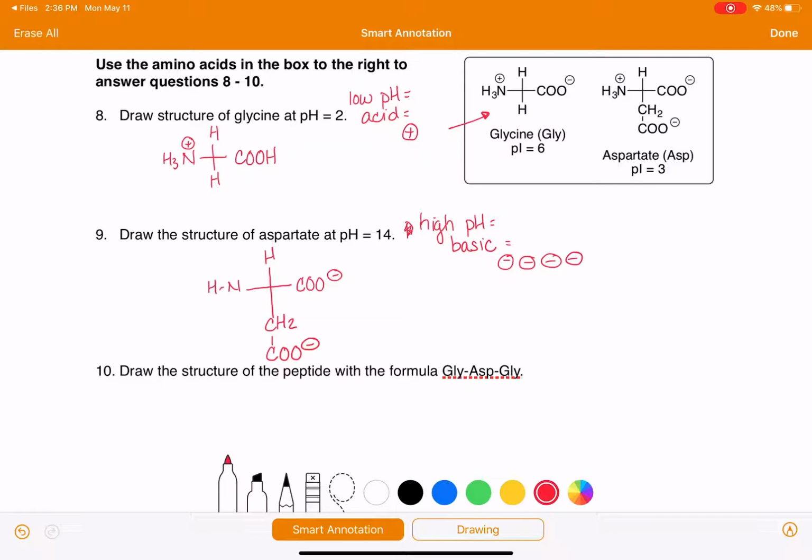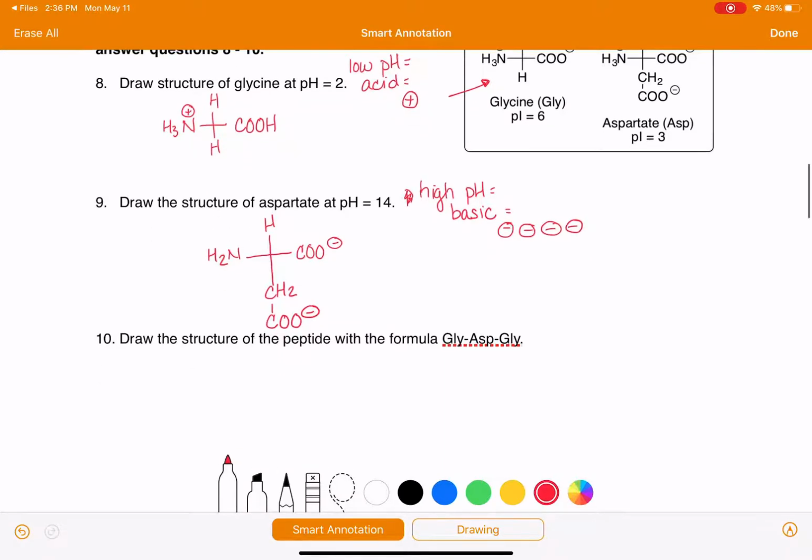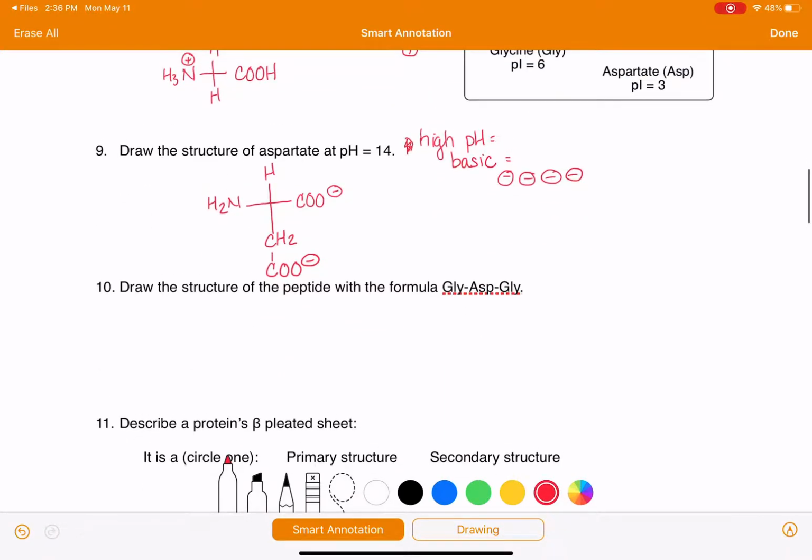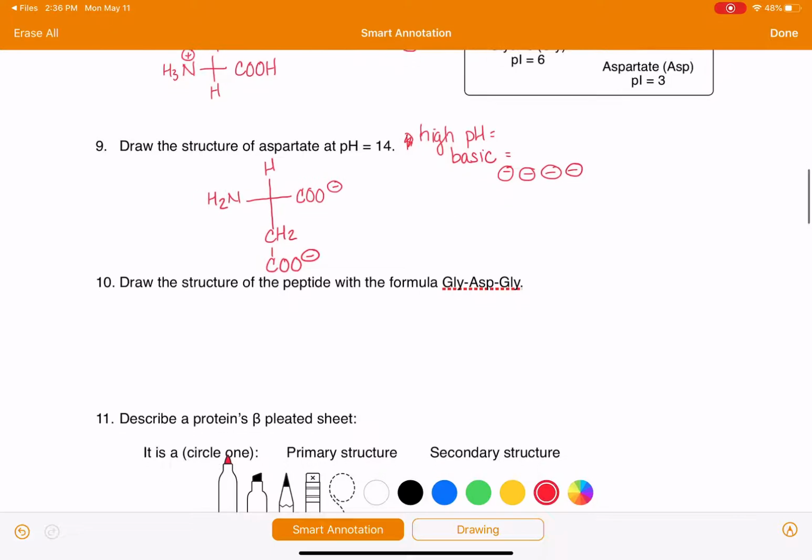So we need to convert the NH3 plus, that has to be neutral. We can have negative charges everywhere else. Draw the structure of the peptide with the formula GLY-ASP-GLY. So for this, we want to set up 3